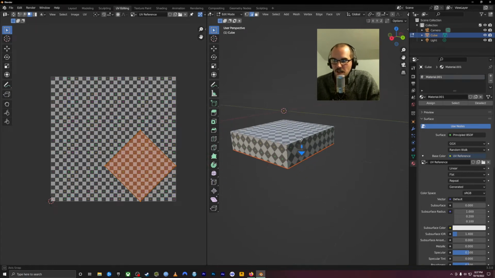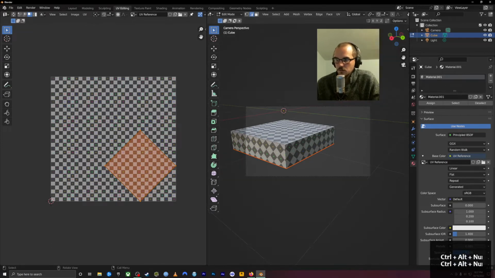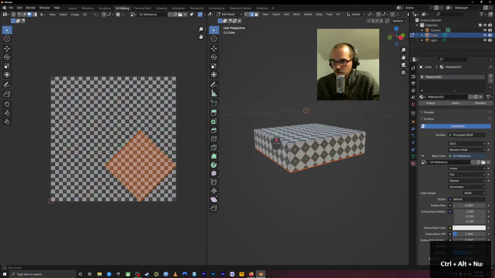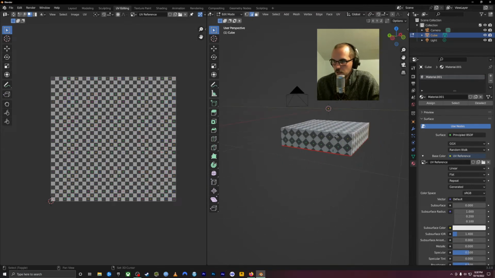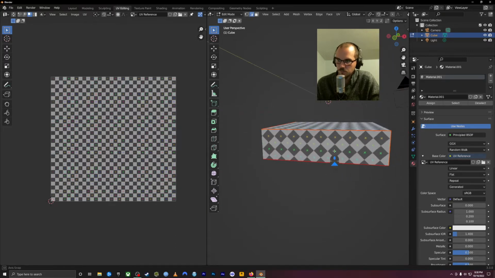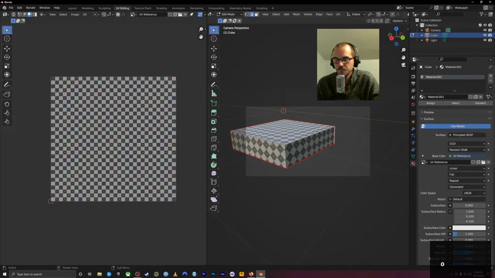And then maybe if this is going to be the camera right here, Control Alt number pad 0, then maybe you can just mark all these ones on the back as a seam here. So you could hold these ones down. This is all a seam on the back here. So you can right click and mark seam. And then that way, if this is our camera view, you're not going to see any edges along the backside. And these three might be a little bit stretched, but you're not going to see any